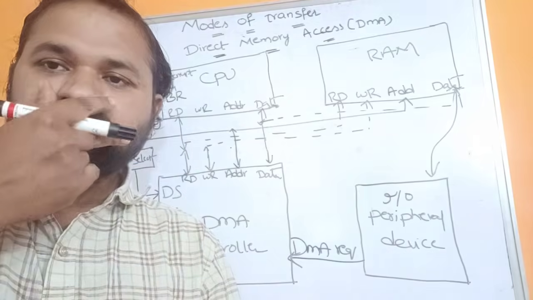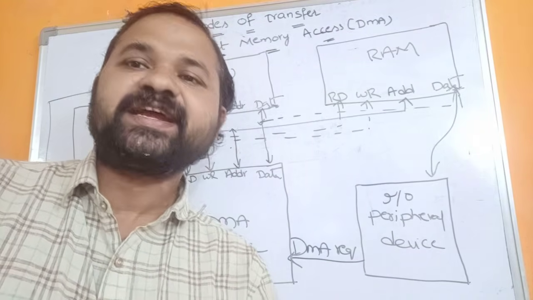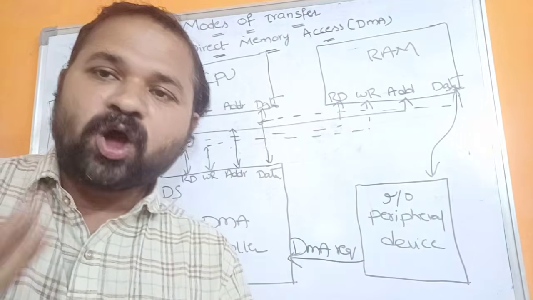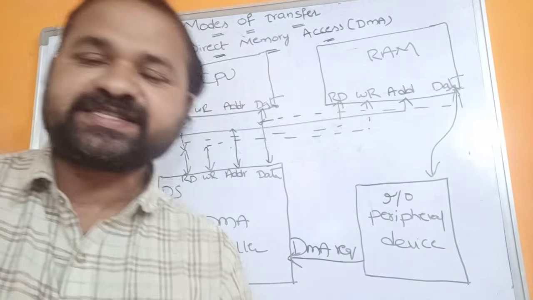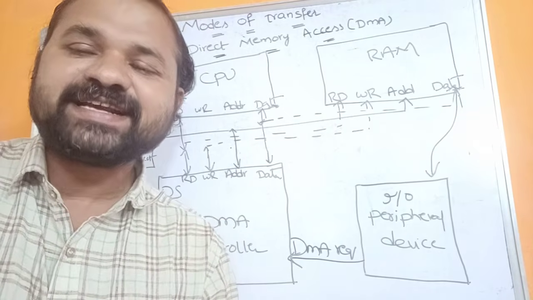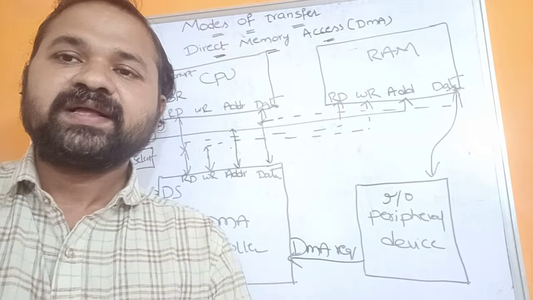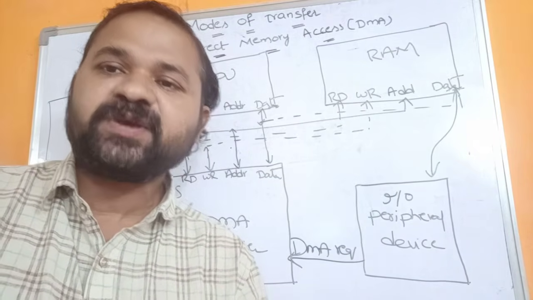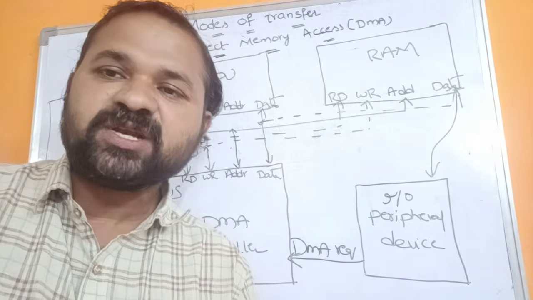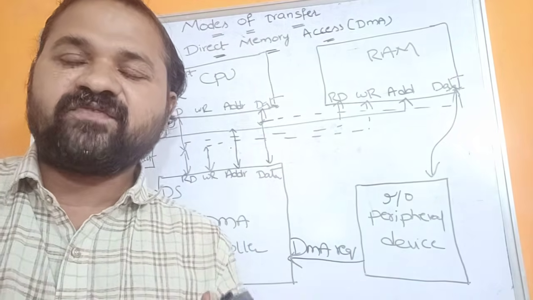We can solve that problem with the help of the second approach, that is interrupt initiated IO. Again, the problem with interrupt initiated IO is if the IO device is ready, then it sends an interrupt signal to the CPU. So here also it is the responsibility of the CPU to transfer the data between IO devices and memory. We know that whenever